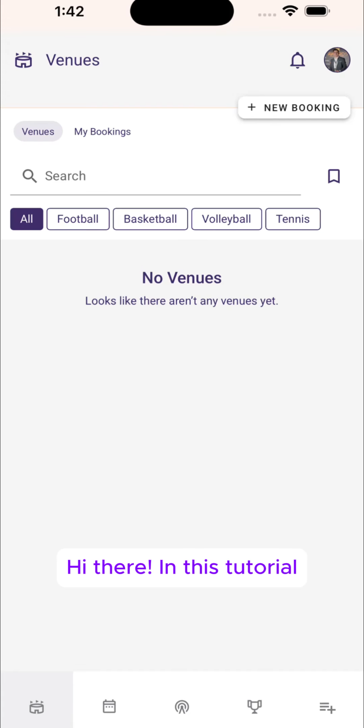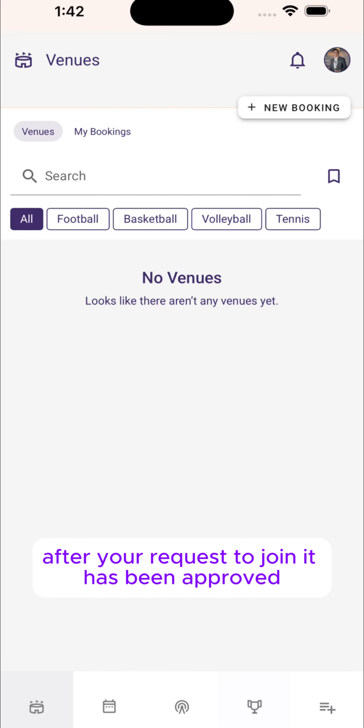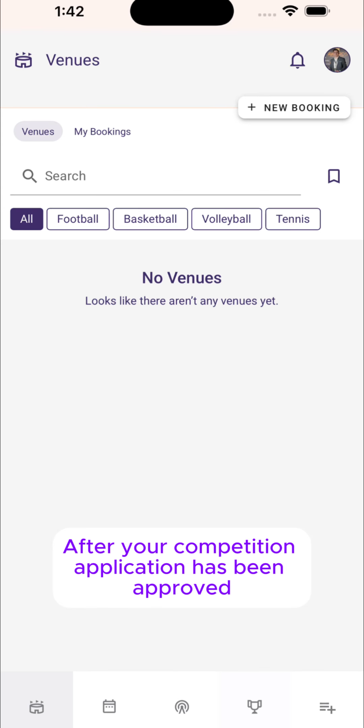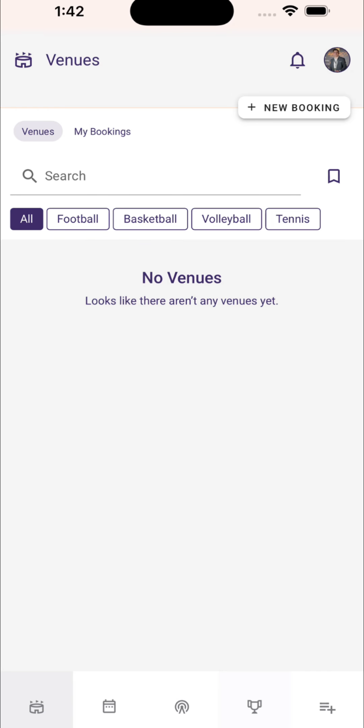Hi there! In this tutorial, we will learn how to complete the registration for a competition after your request to join it has been approved. After your competition application has been approved, you may still need to complete some tasks before your participation is officially confirmed. Go to the competition screen